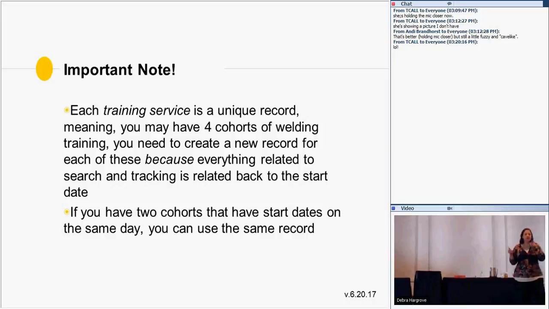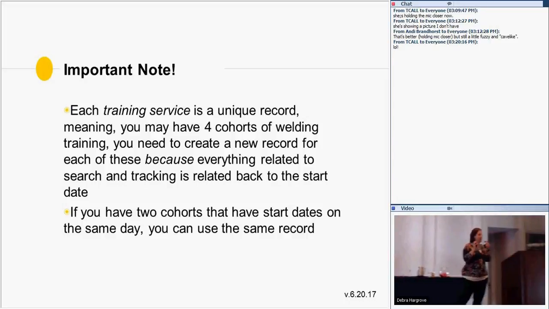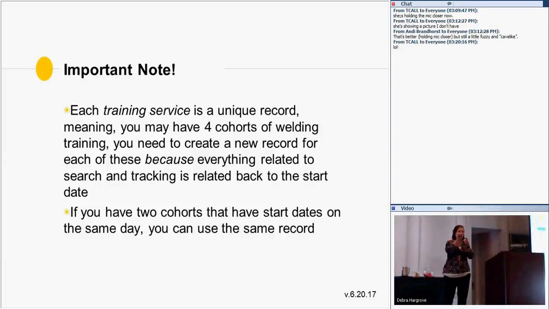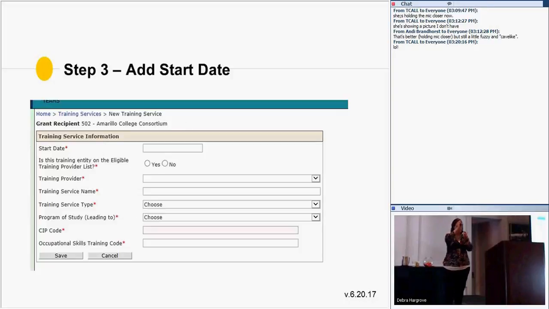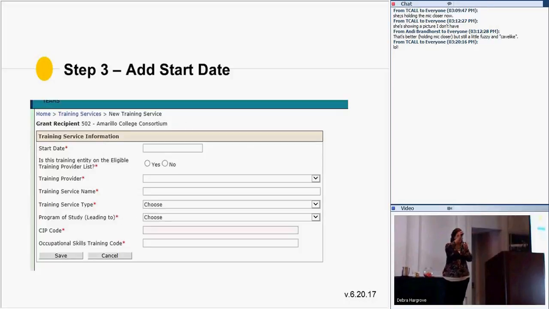So we're setting up the training record. This is the individual training record, meaning the individual instance of training for this group of students that is starting on this day. Start date is the day that the training started. Pretty self-explanatory.